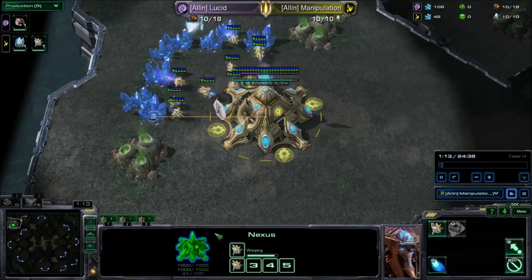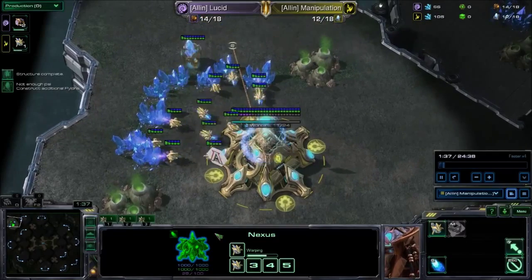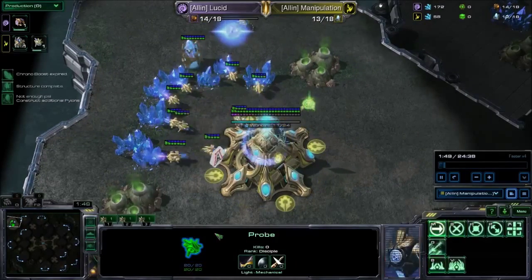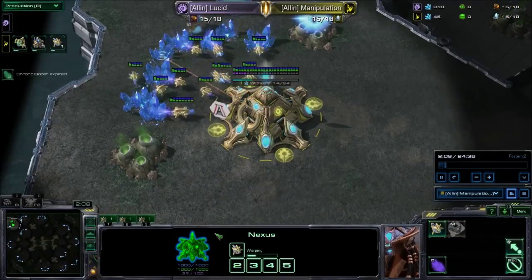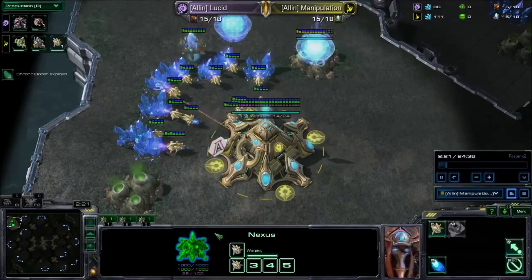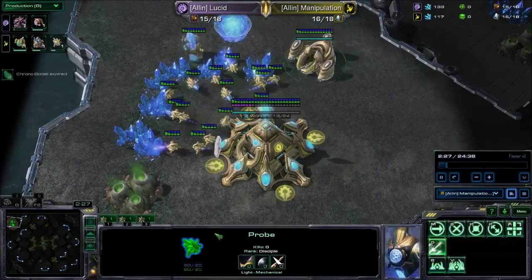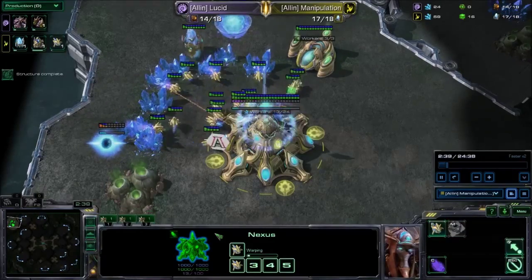So, in the beginning, I do this part right, and I just get the basic stuff down at the right times, which is very important because in this build you want the 13 gateway and then your gas at 14, so I got that. And then you put three probes into the gas immediately, and then at 16 you put your second pylon in